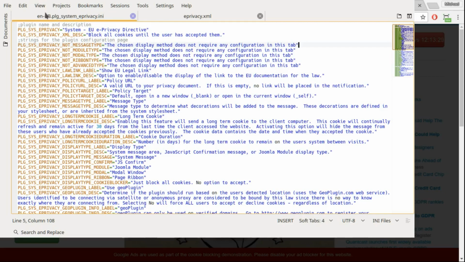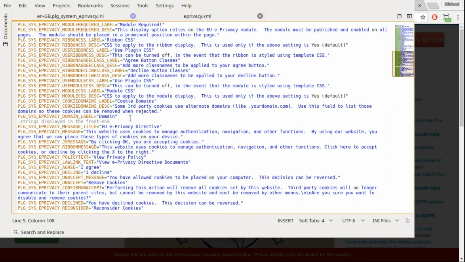I would copy this into a different place, I would change its name, and then I would edit this document directly. But I would not want to edit the original language file, the one that comes with the extension when I installed it. And the reason for this is that these language files are overwritten whenever you receive a software upgrade. So say I release a new version of ePrivacy and you changed, I'm going to scroll down here to something that's relevant here. So you changed, we're going to do this in the front end, pardon me, in a language override later. But if you were to change this,